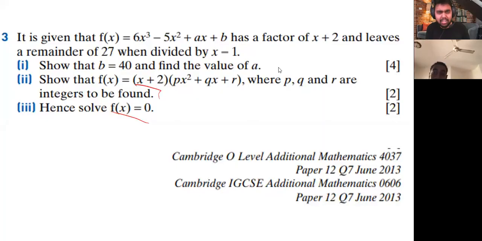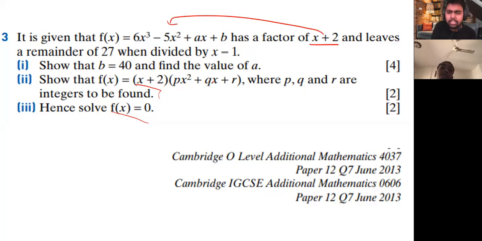So now this is our question. When I put this x, the remainder would be 0. And when I put the value of this x, the remainder would be 27. That means